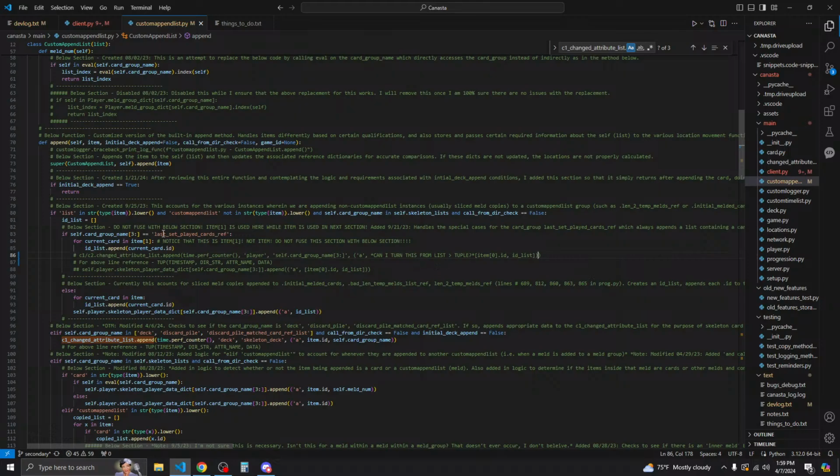So this is for the last set of play cards. We get the ID list from item 1, but why do we have item 1? So like, let's say we're appending a list. We're appending an entire list.